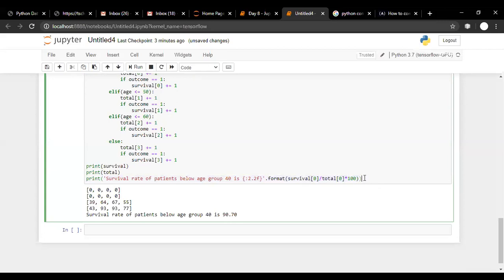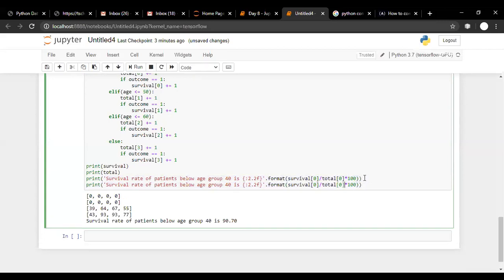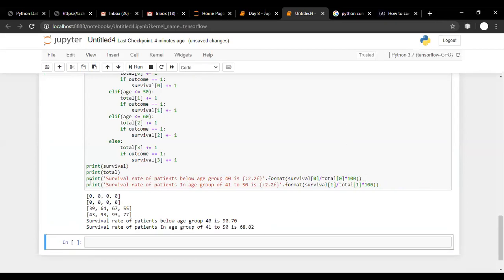We can copy paste this one more time and say survival rate of patients in the age group of 41 to 50 is. Since it is 41 to 50, we will say survival of 1 divided by total of 1. So this is the survival rate.